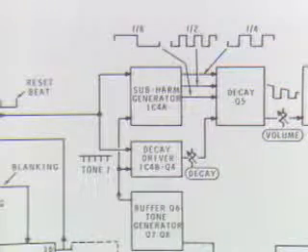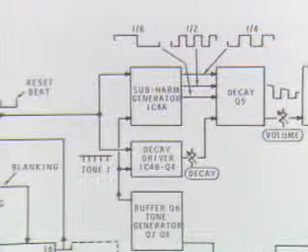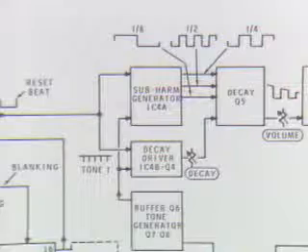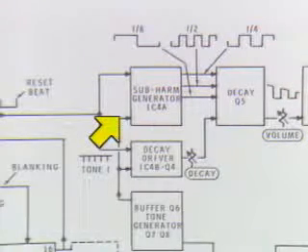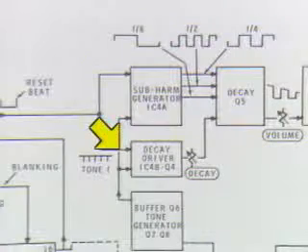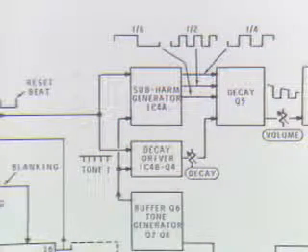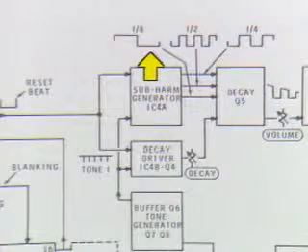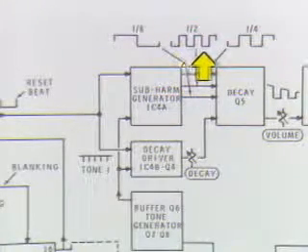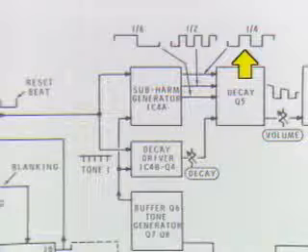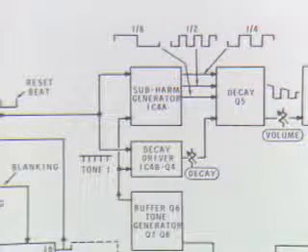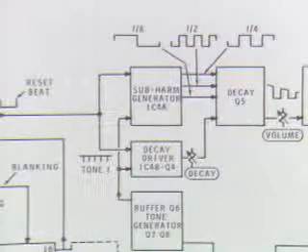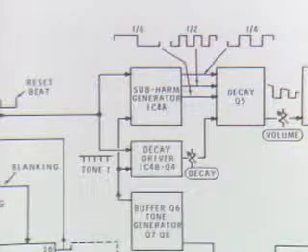The tone generator output from buffer inverter Q6 drives a series of frequency dividers in IC4, a counter which acts as a subharmonic generator and a decay driver. The frequency dividers in IC4 produce square wave outputs at 1/8, 1/2, and 1/4 of the frequency generated by the tone generator. A fourth frequency divider in IC4 is used as a decay driver.